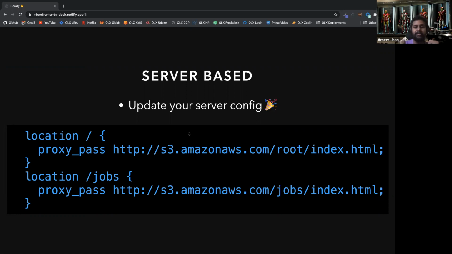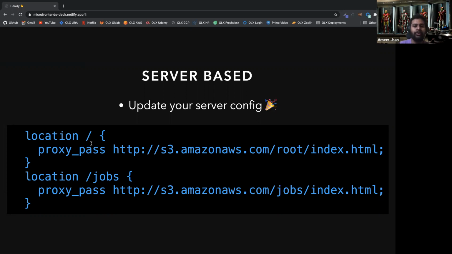You say that whenever the user visits the root page, you proxy whatever request comes in to an S3 bucket, which has the content of my landing page micro frontend. So you just build your micro frontend and put it into an S3 bucket. It can be anything. You can just put it in a local folder on the web server also, but that doesn't matter.